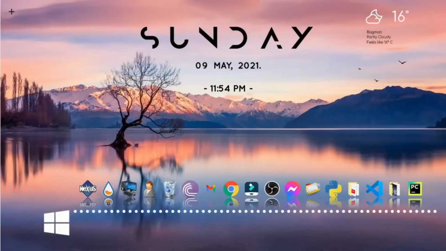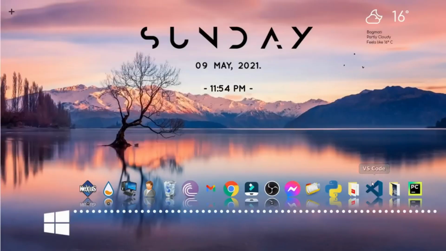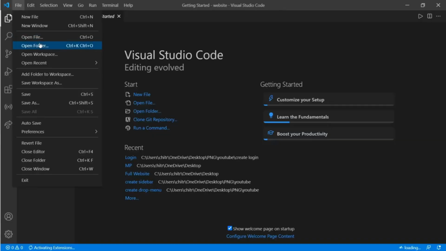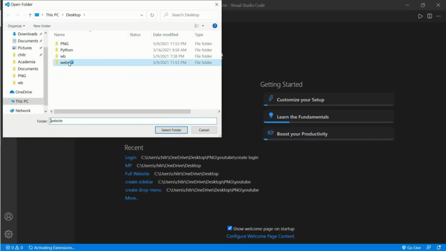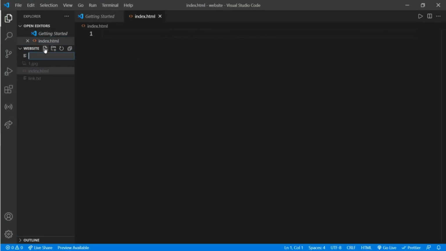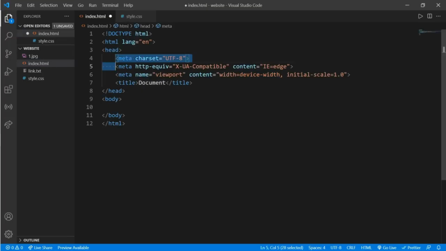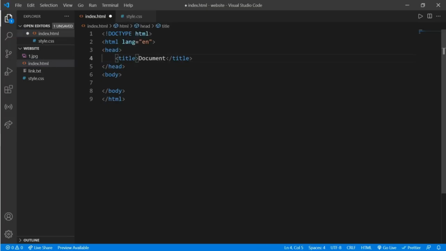Okay, I have a folder named website and a background image. Open VS Code and select the folder which you have already created, and create a file named index.html and also style.css. Now write a basic format and delete this meta charset. Now write a title, web page design, and link this web page